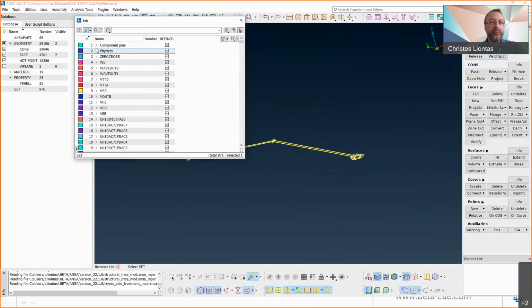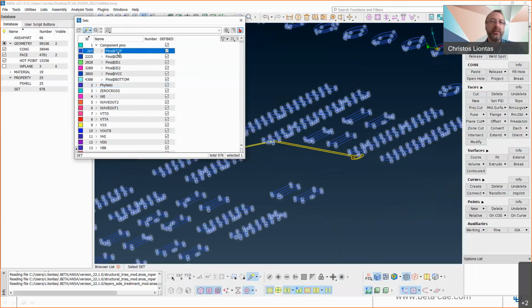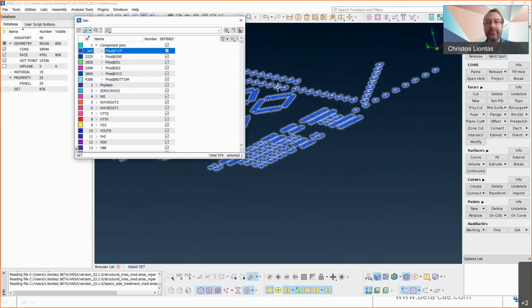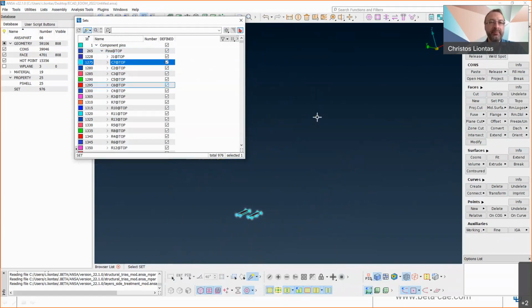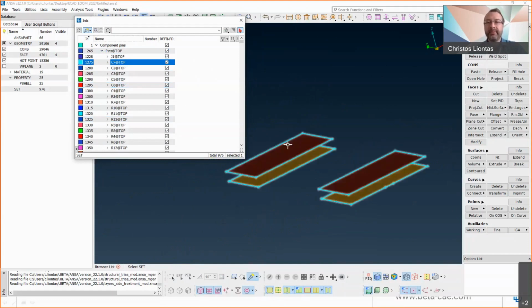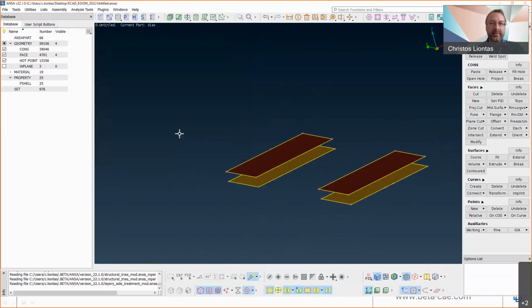And finally, we have a group here called component pins, which contains all the pins grouped in layers. So for example, this group contains all the pins of the top layer. And furthermore, they are subdivided, for example, in components. So these are the pins on the top layer that correspond to the capacitor C7. The pins of the capacitor are the brownish ones, and the yellow faces are the faces where the connections have to happen on the top layer in order to connect the capacitor with the board. And we leave it to the user to decide what kind of connections he wants to have. And so this is roughly the database structure.